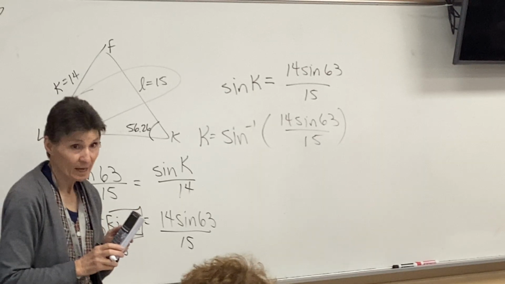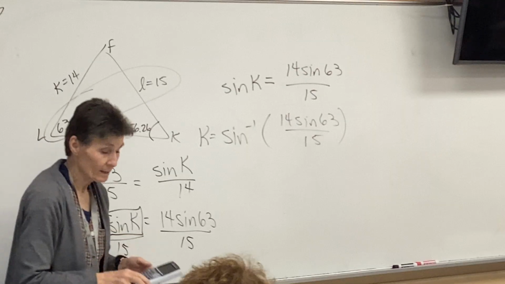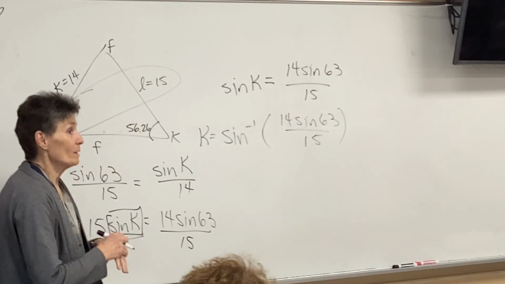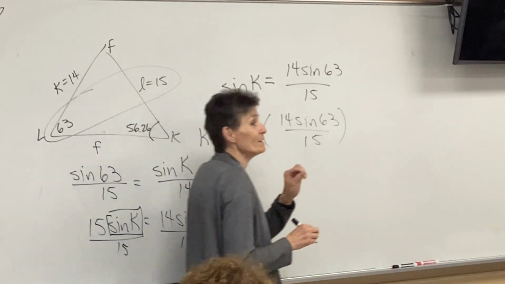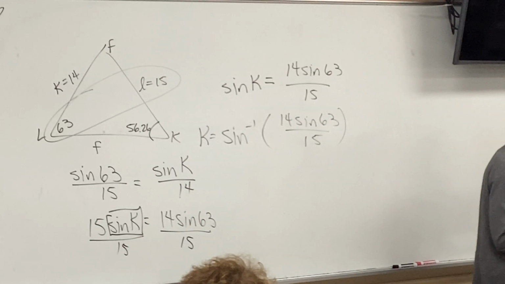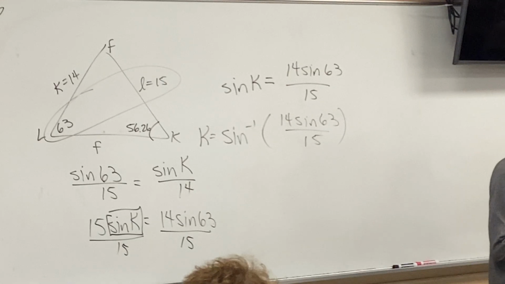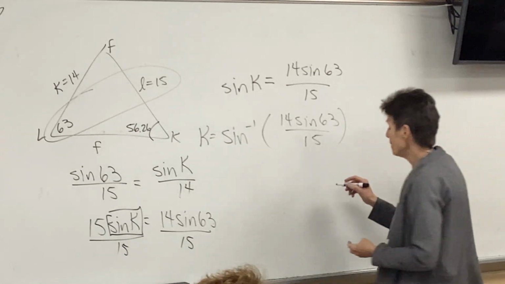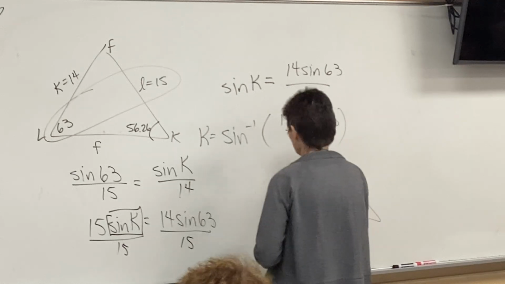Adam, you get that? Yeah, I already had. You already had it? So what does that mean? Remember, what's the question? How many triangles are possible? So it means there's at least one. Now I gotta check, is there a second one? And remember, if there is a second one,